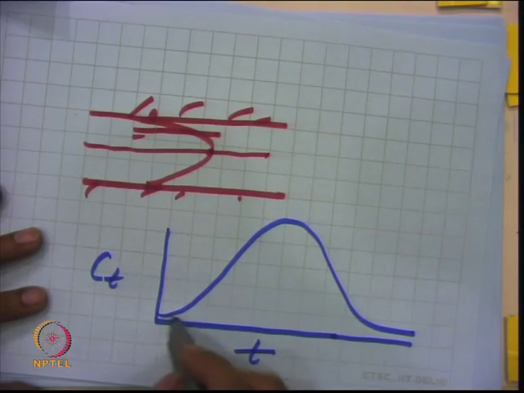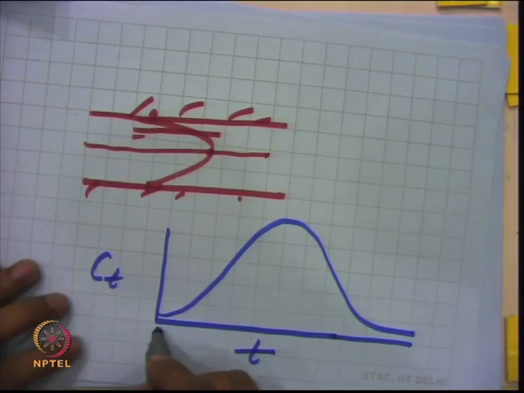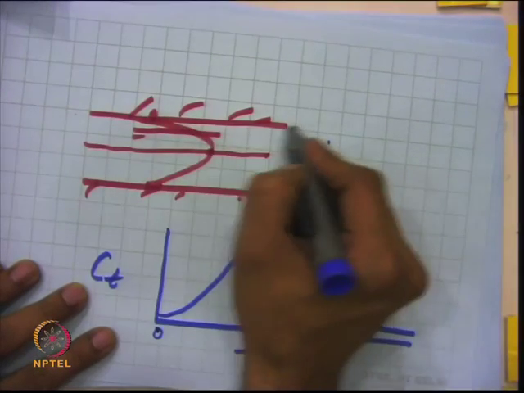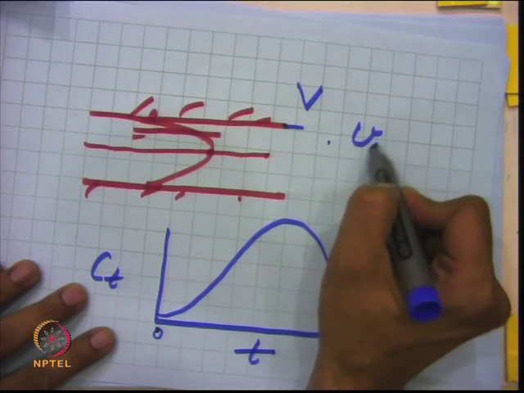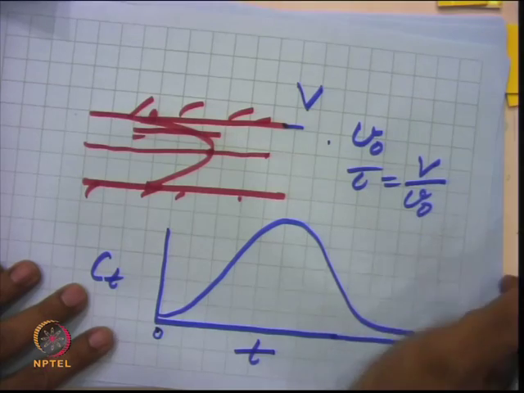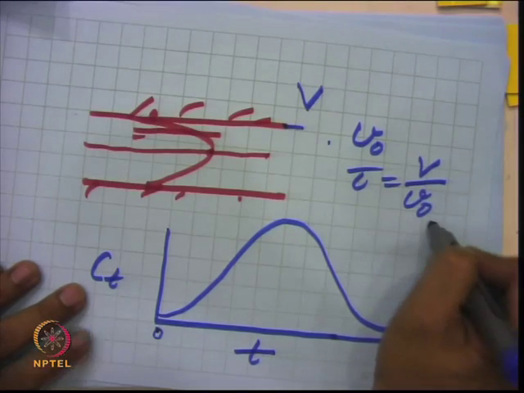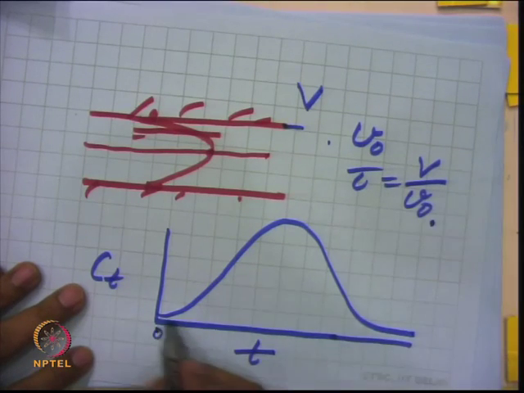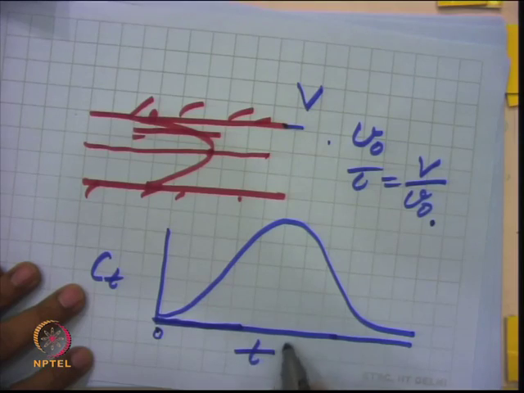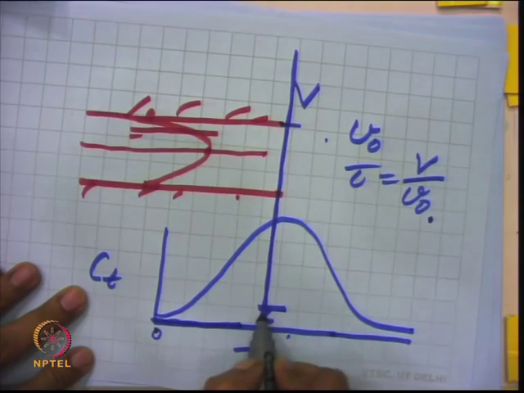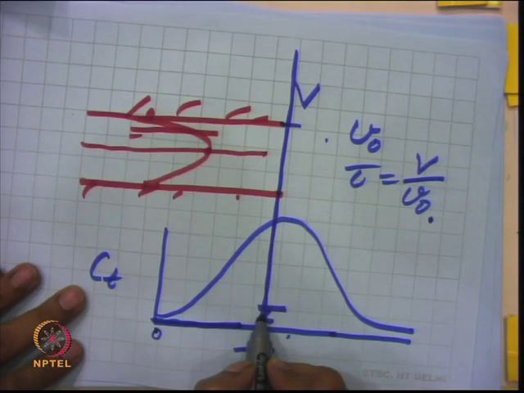right? You have injected the tracer at t equal to 0. Suppose the volume of this reactor is V, and the volumetric feed rate is V0. So, your residence time is V by V0 if it is a plug flow reactor, that is, volume of reactor divided by volumetric feed rate. If you say plug flow reactor, then as I said yesterday, if this is my tau, then I should get everything at this point. So, a large spike should come here, representing the total concentration, but this does not happen.